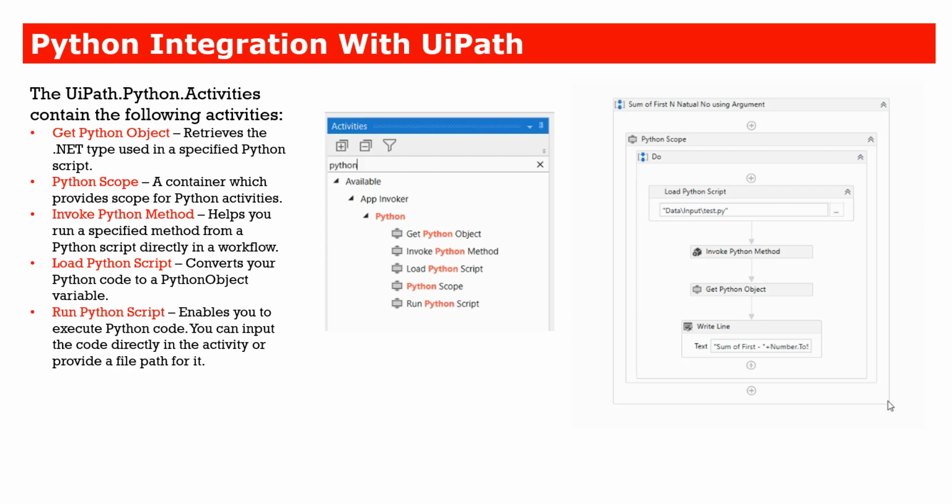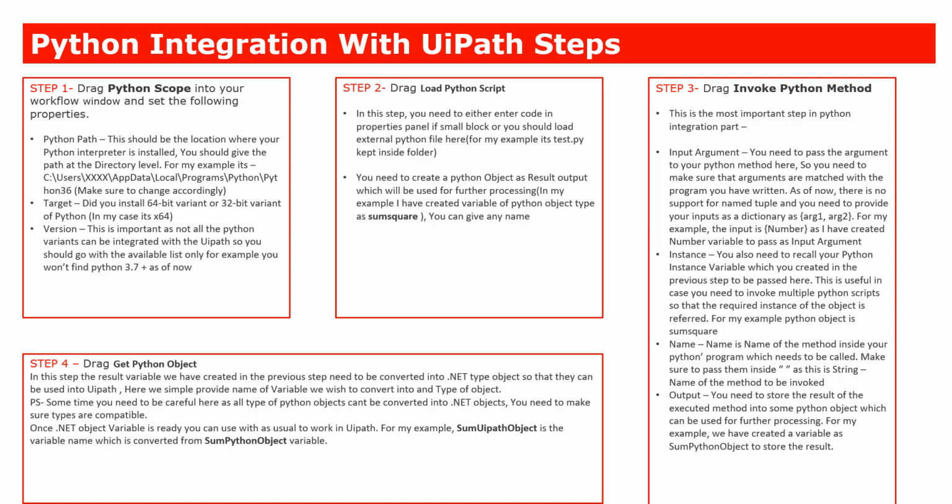Most of the basic data types like integer, string, arrays, and all those are supported. But if you are working with a complex object, you need to perform certain other activities to handle that, right? So let's take an example. We are going to create a program which will calculate the sum of squares. Okay, and for that, what steps do we need to follow? Let's quickly go to UiPath Studio and I'll explain how you can do it.